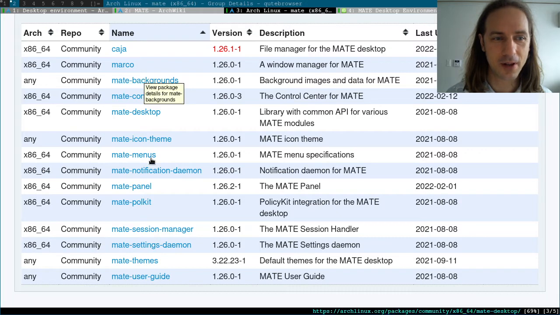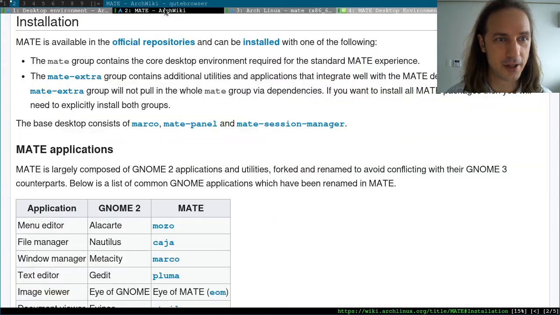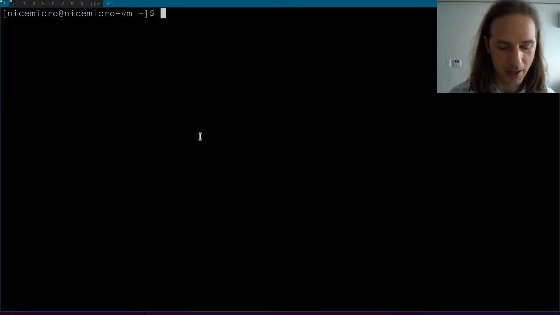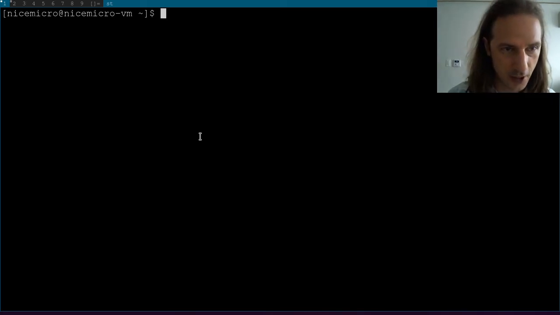So if you have a different file manager maybe, or maybe you don't want the themes to be installed, you could just install these three packages and then pick and choose all the other components. But I think here we can just go and install the Mate group because it doesn't contain much more than what we actually need. So sudo